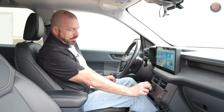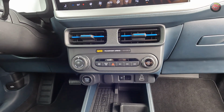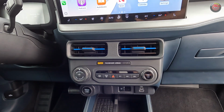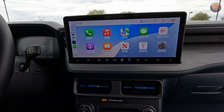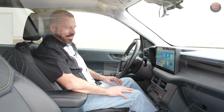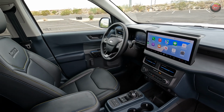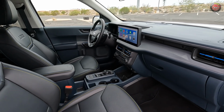This also has the Pro Trailer Backup Assist, which has a knob right here, which allows you to sort of steer the vehicle, and it really helps you with the screen prompts and the 360-degree views to get a nice view of what you're backing up to and help you back those trailers up. It's a nice feature. I really think it's a good feature in the larger trucks where you're going to have a larger trailer, but given the towing rating on this truck being pretty small, I'm just not sure. I've never really been a big fan of this myself because maybe I've backed up a lot of trailers in my life and I don't need it. But in a small vehicle like this, I do find it kind of an extra that I wish I didn't